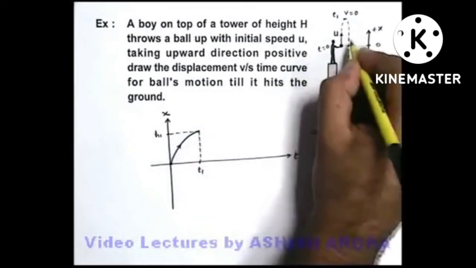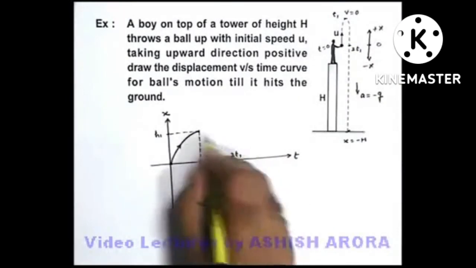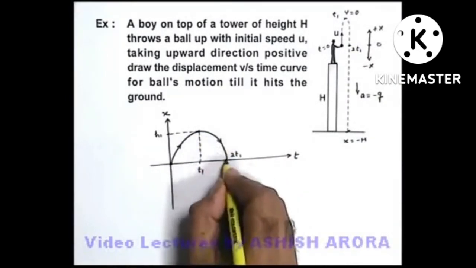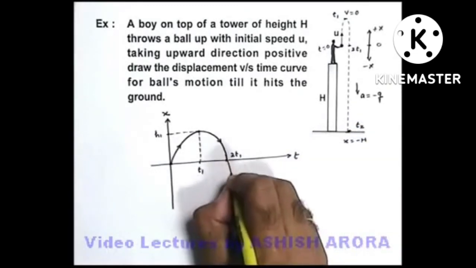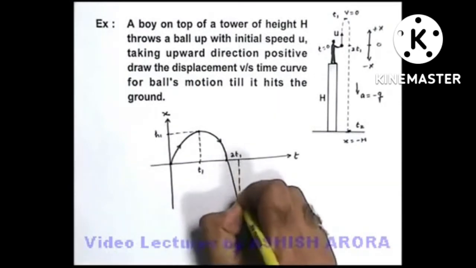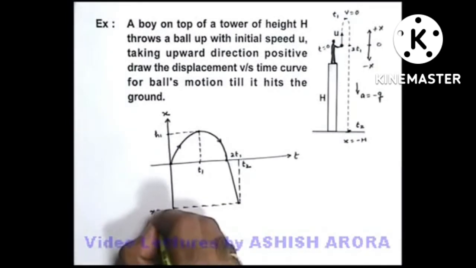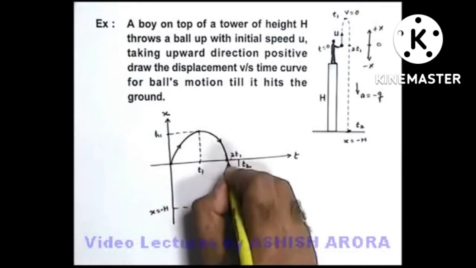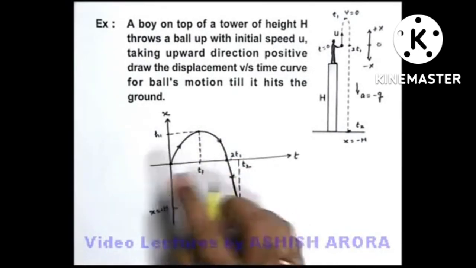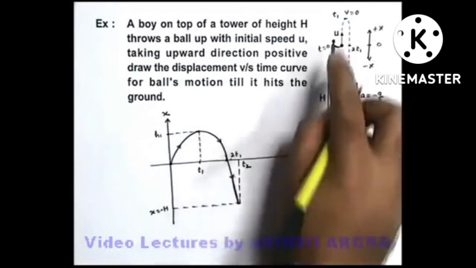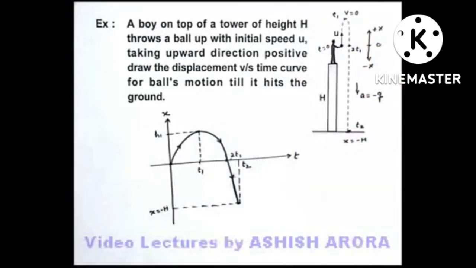And as we already studied, it will take the same time in coming back to the starting point. So at time 2t1 it will come back to the origin like this. Here again x becomes 0. And say at a time t2 it will finally hit the ground. So this graph will be further progressed, and at a particular position the time will be t2, and at this position the displacement x will be equal to minus h. So this will be the complete curve. This is just the extension of this downward curve by which the particle will reach the ground. So this is the complete displacement time graph for the motion starting from the hand of the boy, reaching maximum height and finally hitting back to the ground.